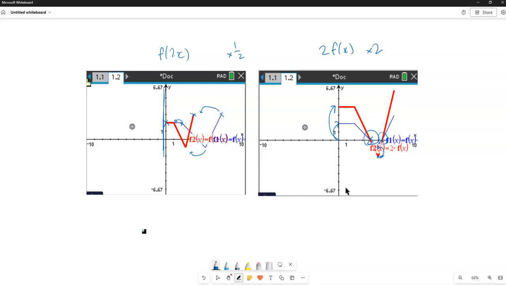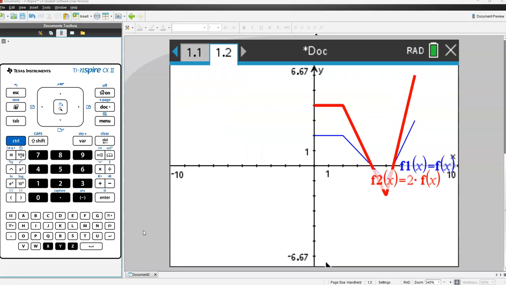And the other little helpful way of remembering is that anything that happens inside the function moves the function in a horizontal direction, but in the opposite way you expect. So anything inside the function affects x, but not in the way you expect. And the way to remember this is that you never trust your x. We don't go into the nuts and bolts of the mechanics for why that works. For AA, we are just going to take it as read. And this idea of not trusting your x works for,